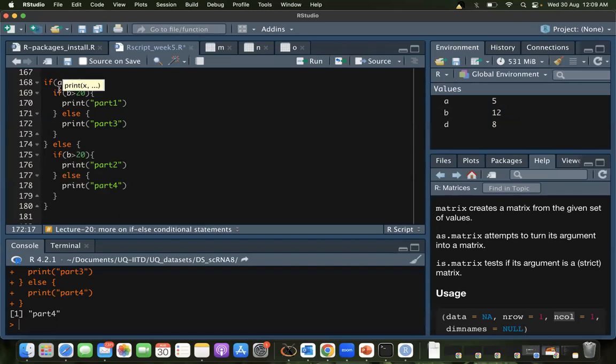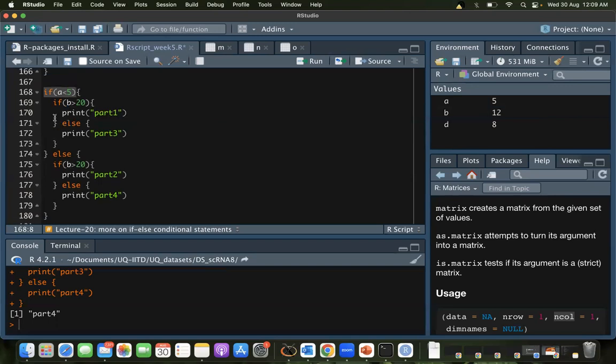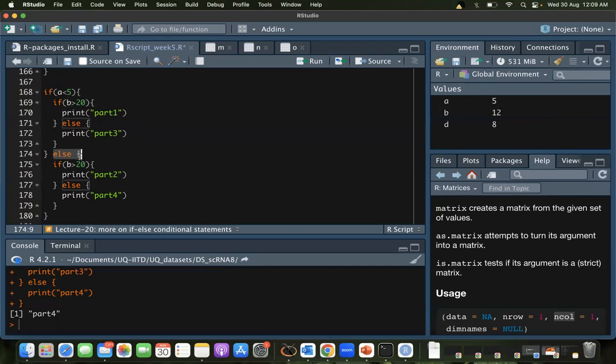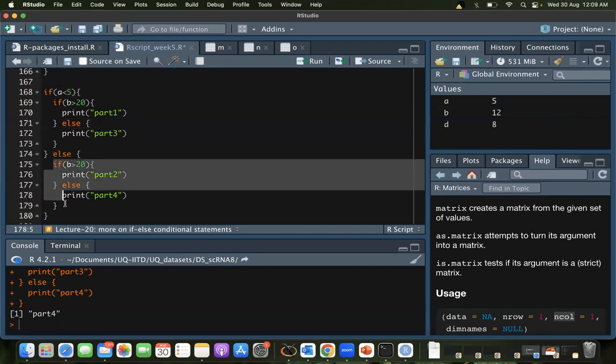Now, what I did was I made a bigger if else, which evaluates only based on A. It does not take into consideration B. But now, within each of the A evaluations, I wrote about B. If A is satisfied, there's an option that B may be satisfied, may not be satisfied. Likewise, when A is not satisfied, it's possible B is satisfied or B is not satisfied.